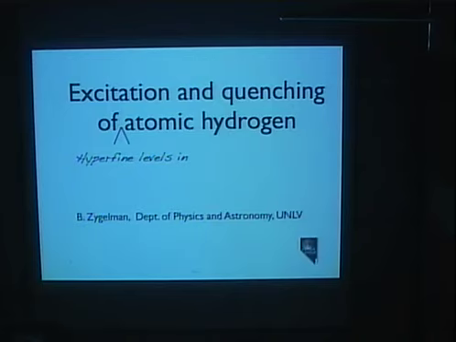The ability to see atomic hydrogen in its ground state depends on a parameter called the spin temperature of atomic hydrogen. The latter is determined by both the collisional properties of hydrogen atoms and by their response to radiation. And it is these two aspects which will be the focus of my talk here.